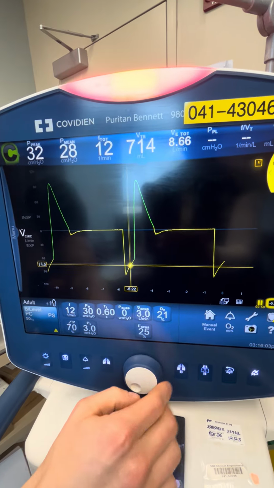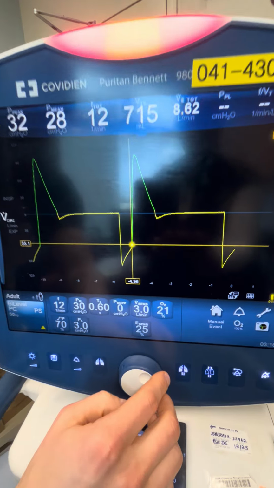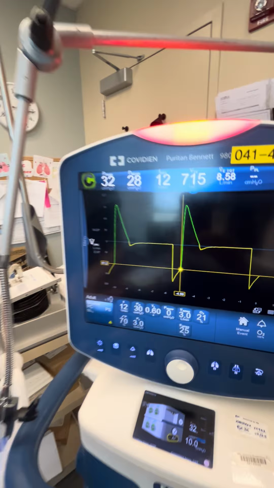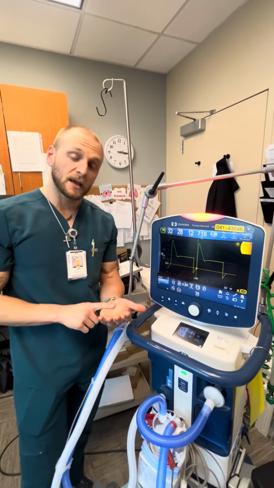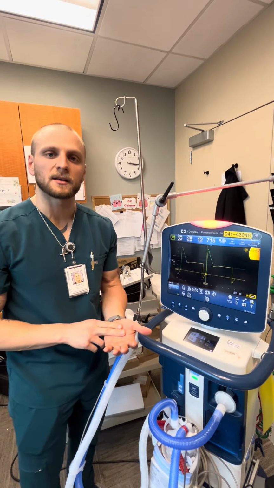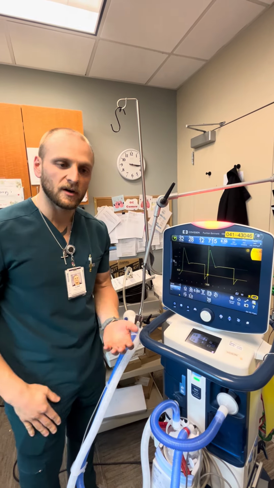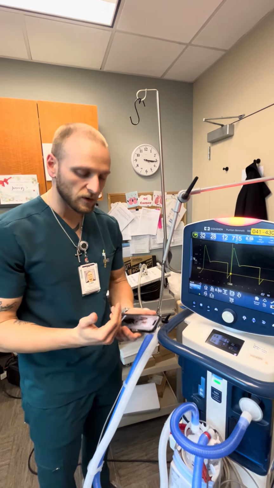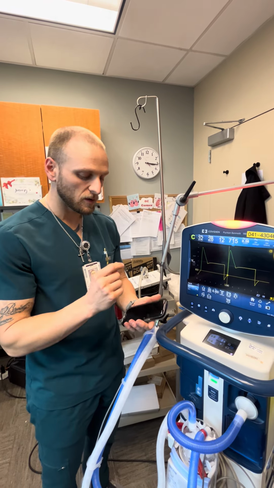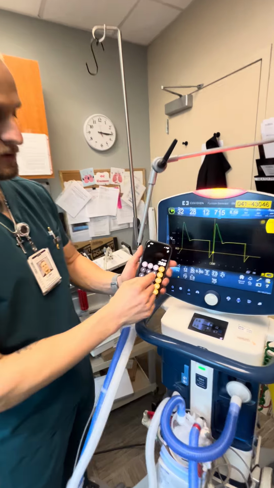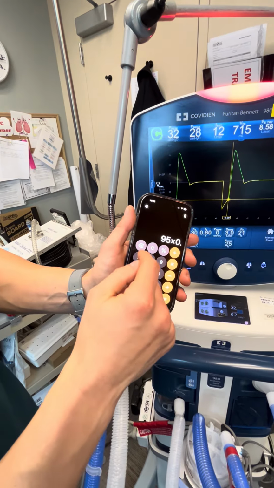So at this point is where we're triggering into inspiration, okay? So remember the two things I always said we needed to know. We needed to know our peak expiratory flow rate, which is 95, and we need to know 75% of that. Okay, so once you get that 95, you're going to take out your fancy calculator, okay? Whatever your peak expiratory flow rate is, you're going to take that number and multiply it times 0.75, okay? So you'll do 95 times 0.75,